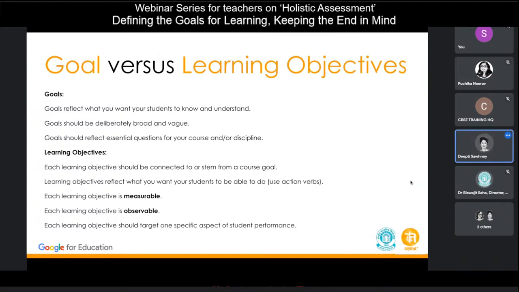know and understand. They are vague and they are broad. Like I said, they are big picture. And the goals reflect the essential questions for your course or your discipline. So it is actually for your subject area. जो आपका डोमेन है, सब्जेक्ट डोमेन है, उसके बारे में हम बच्चों को बताते हैं कि इसमें ये हमारे सब्जेक्ट